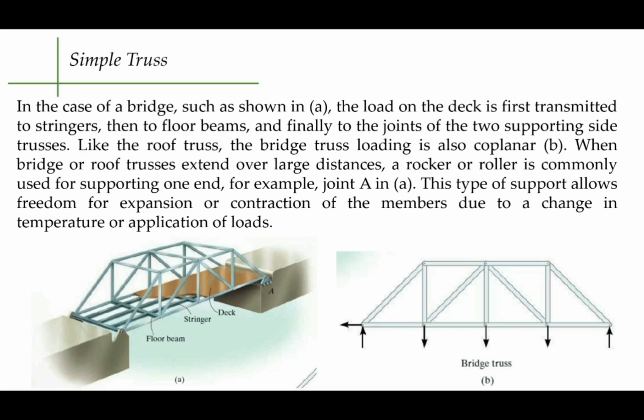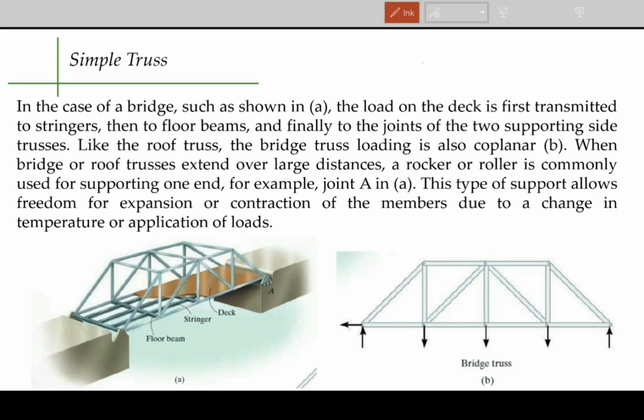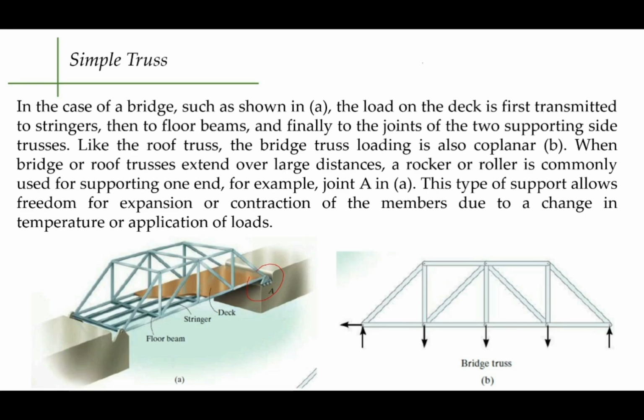Now, when bridge or roof trusses extend over large distances, a rocker or roller is commonly used for supporting one end, and for example, that is in joint A. Now, where is that? It's here. This type of support allows freedom for expansion or contraction of the members due to a change in temperature or